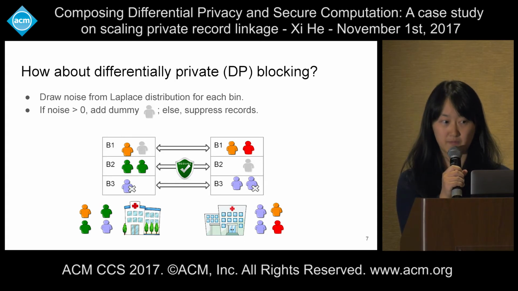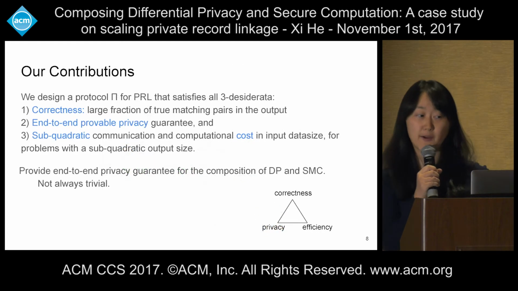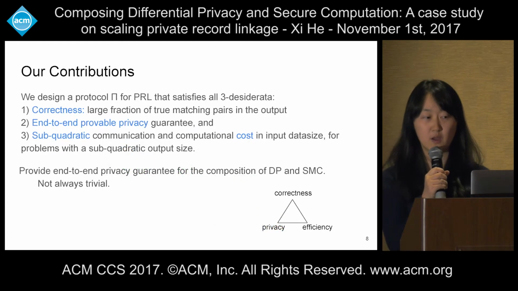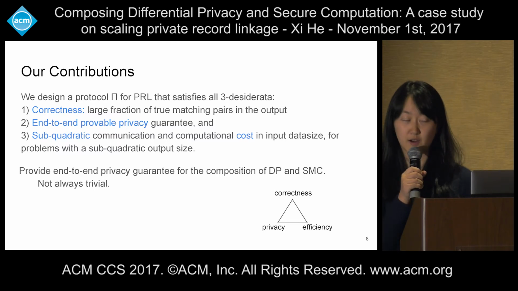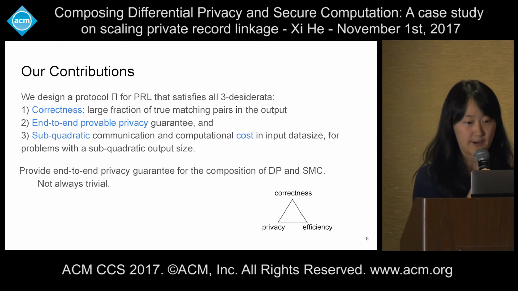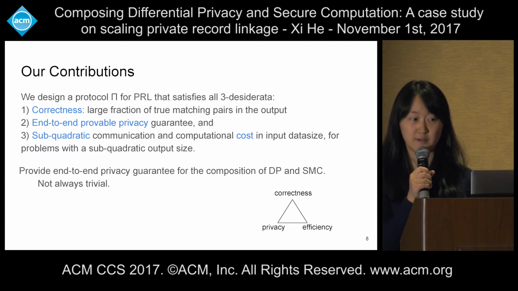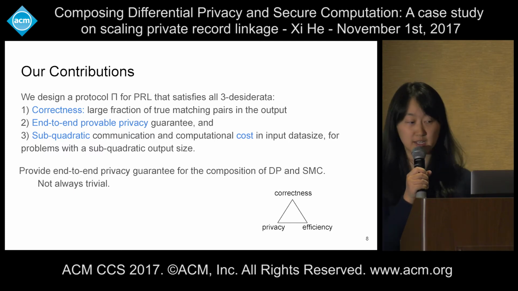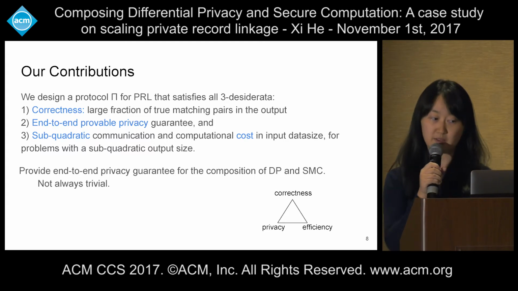We're going to use this approach to speed up PRL. So our goal is to design a protocol for private record linkage that satisfies all three desiderata. First, correctness: you want to output most of the true matching pairs between these two databases. The second desideratum is that we want to provide an end-to-end provable privacy guarantee. And the third desideratum is that we want to achieve subquadratic communication and computation costs in input data size for problems with subquadratic